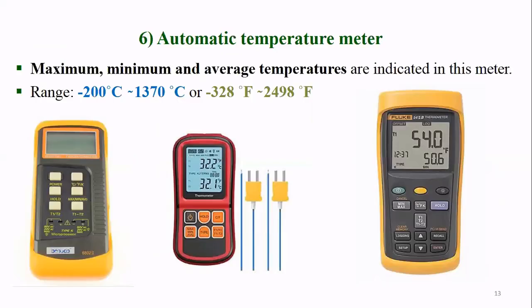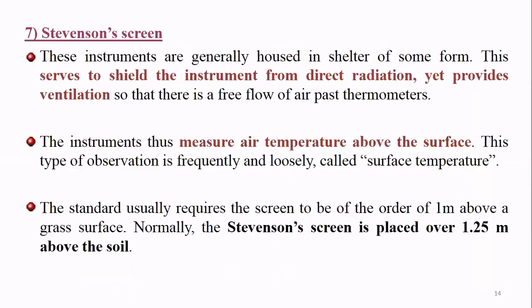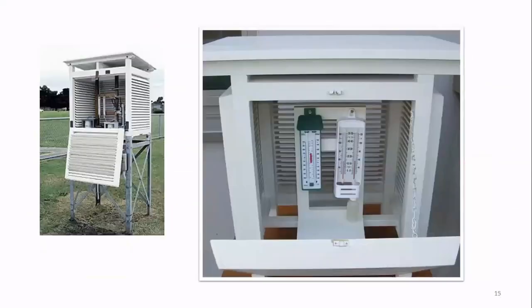Okay, then the automatic temperature meter. It's an advanced one, with which we can get maximum, minimum, and average temperature. The portable one. And the Stevenson screen. It's a screen that's covered on all sides, so there is less chance of direct sunlight